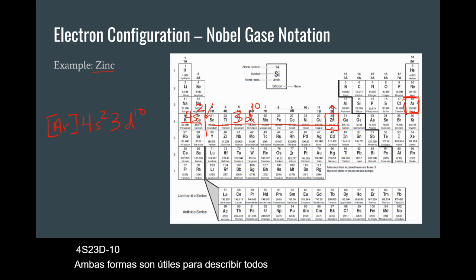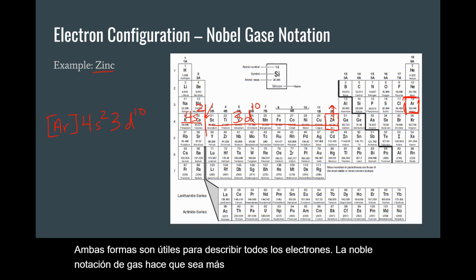Now, both of these ways are useful for describing all the electrons. Noble gas notation makes it easier for the really big atoms, and it